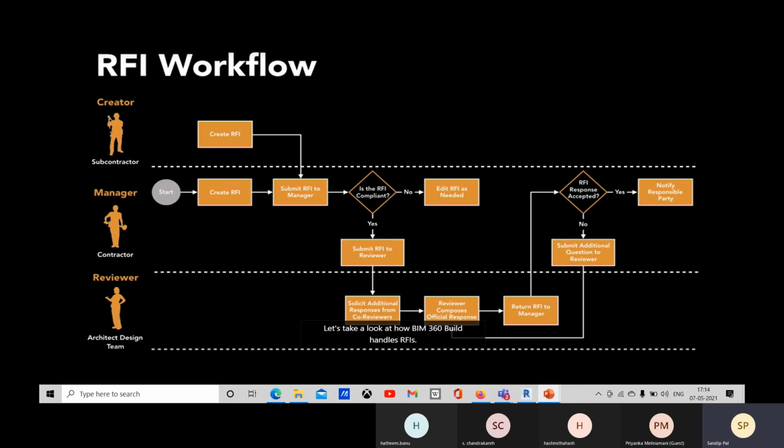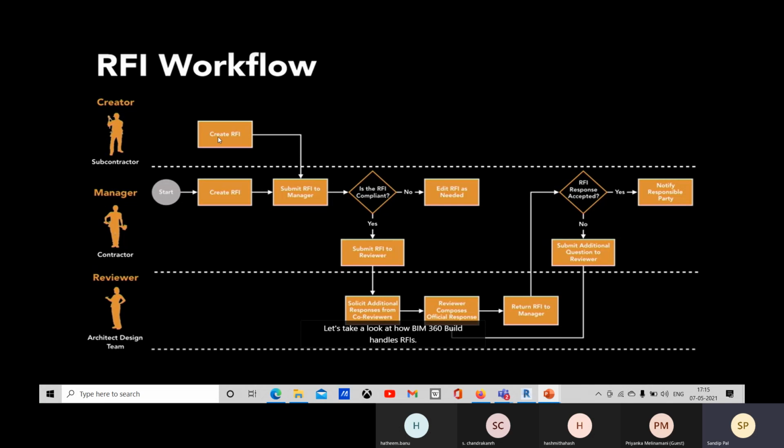Or if the manager can solve it, he will solve it, submit it to the creator, and distribute it to the other team members as well. And if he needs another person for reviewing it, he will submit this RFI to the reviewer.